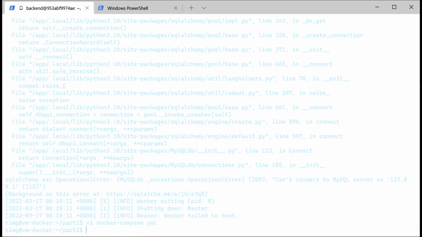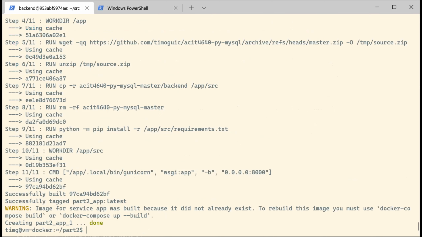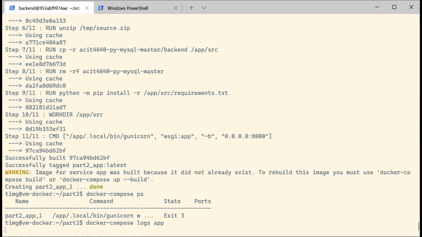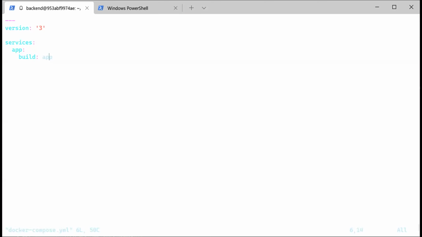So I should be able now to docker compose up -d. It built my container. And obviously my container doesn't work because, as expected, same problem as before. My gunicorn cannot connect to the MySQL database because it doesn't exist and it's not configured for that. So because we are going to use Docker Compose, that's going to make our life easy, because now what we